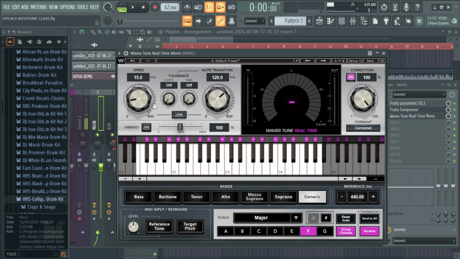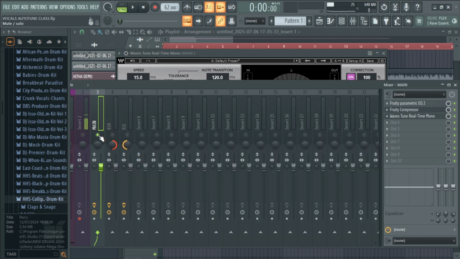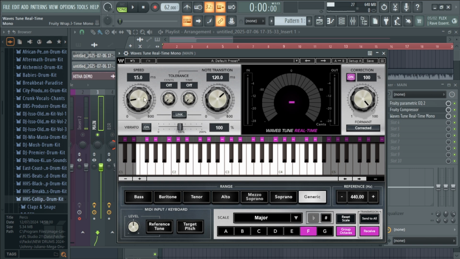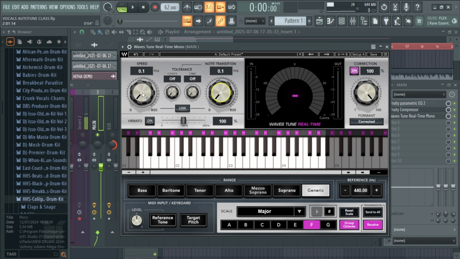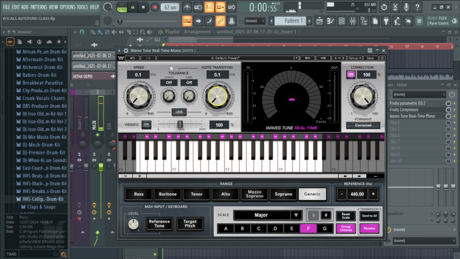And then what I'm going to play with here is these two, speed and note transition. So I have to solo my main voice and then listen while tuning my vocals. So I can just reset them first to -0.1. Right now when I play this audio, you can hear there is too much of Autotune,